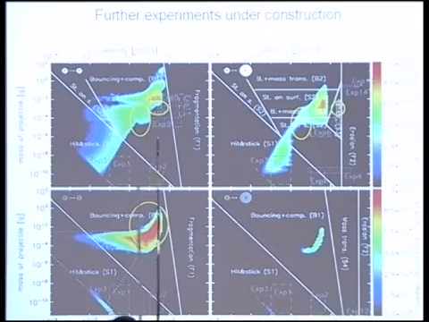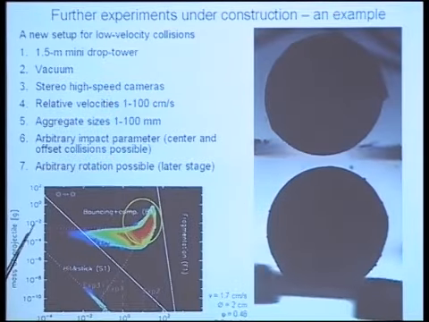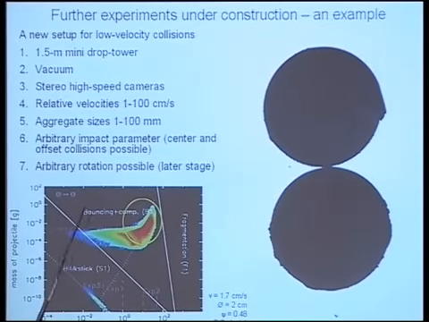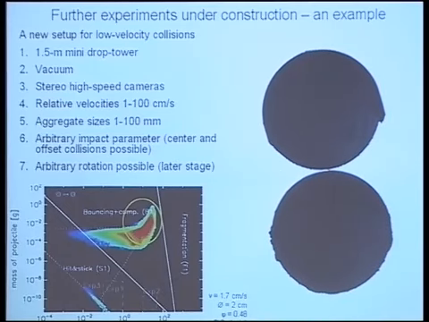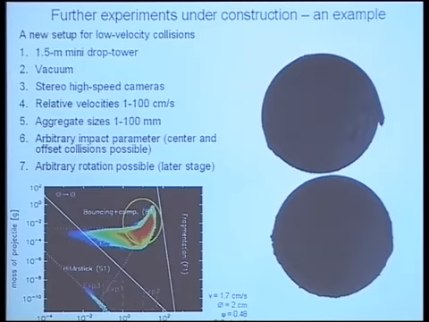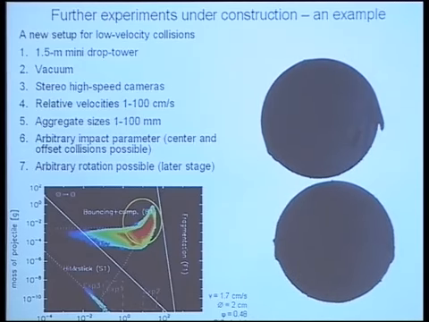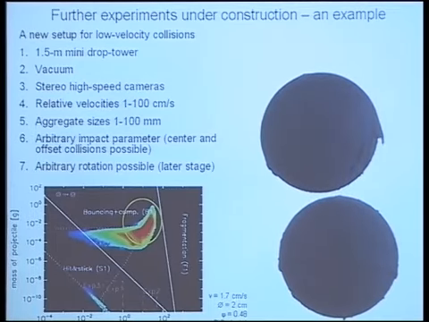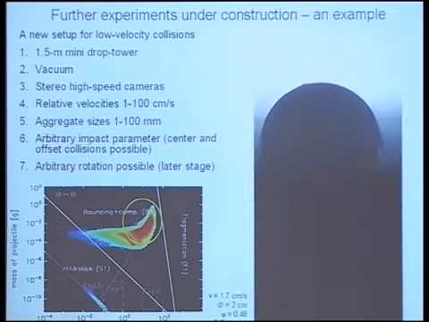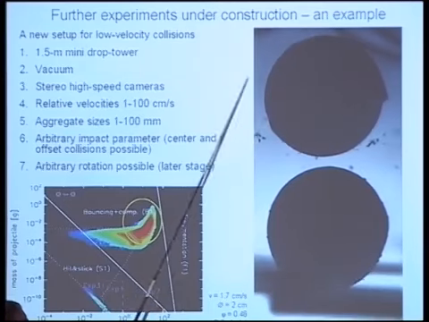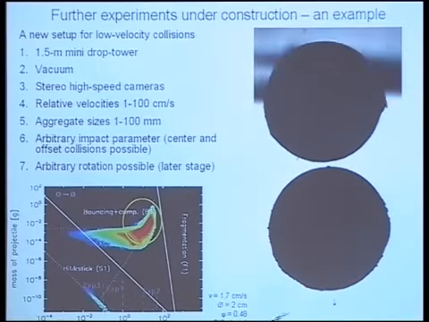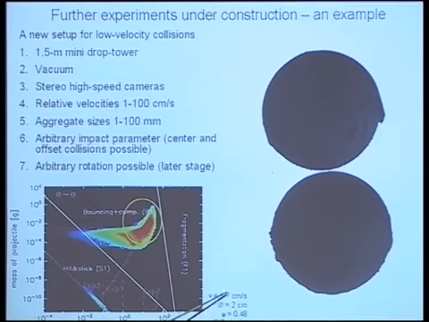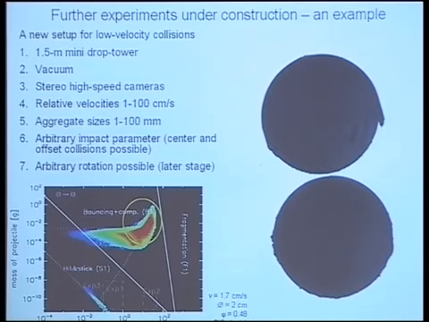And I believe the next is, yes, next is this. This is our latest experiment, also with the fragmentation set aside. This is a free fall experiment in our little new 1.5 meter drop tower. We have built ourselves a little drop tower in the lab. It's 1.5 meter free fall, and it will repeat, hopefully. Okay, so it's a 2 centimeter dust particle and another 2 centimeter dust particle hitting each other at 1.7 centimeters per second. This is the lowest velocity I've ever been able to achieve in the lab.